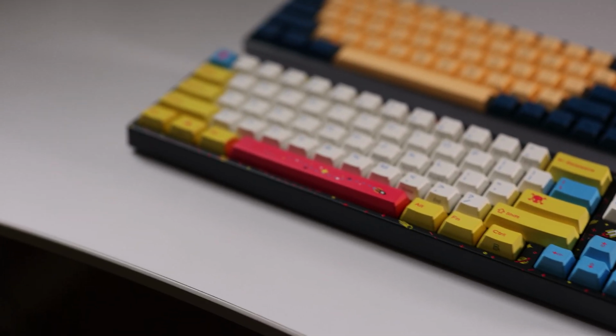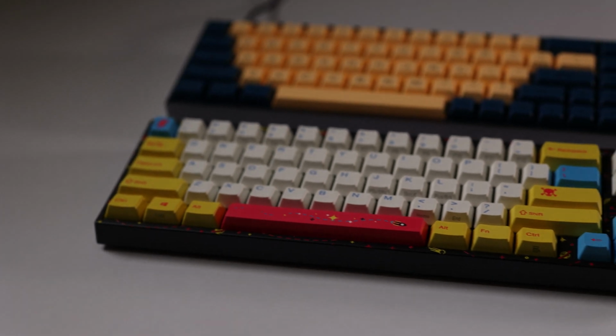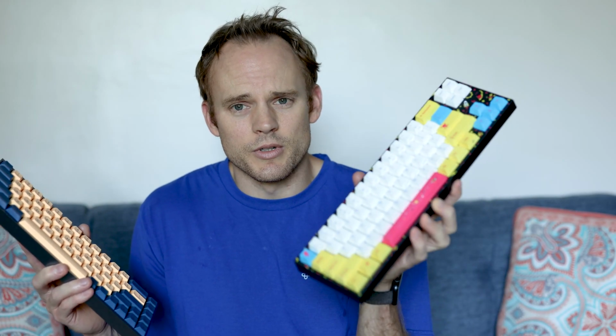No, I had Ducky keyboards with standard Cherry MX Blue switches on them for years. I forget which, my Shine 2, I think, was my first one, which I had forever. And I still really like their keyboards. That's why I have this one. This is a new Bluetooth keyboard that they produced with mechanicalkeyboards.com and Vermillo. And I like that for using with my laptop. Whereas these, your more standard pre-built,